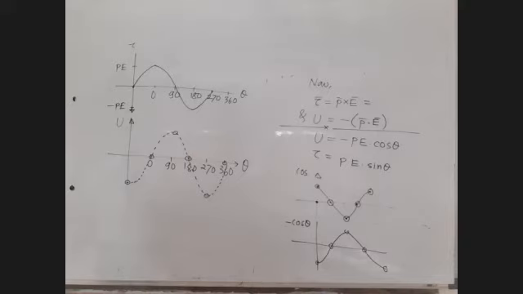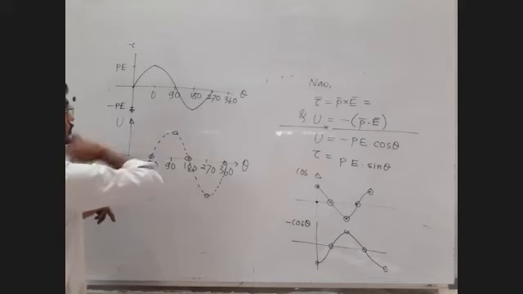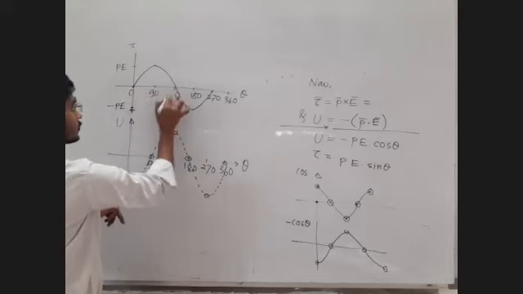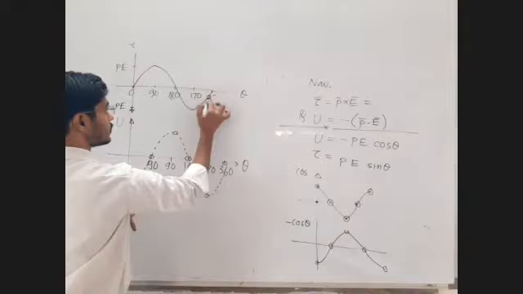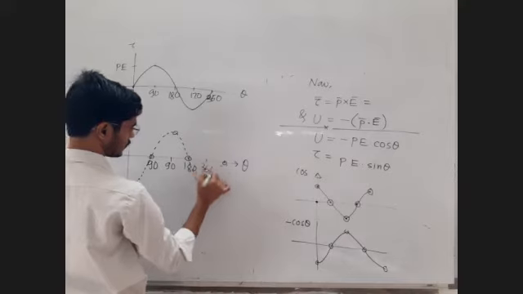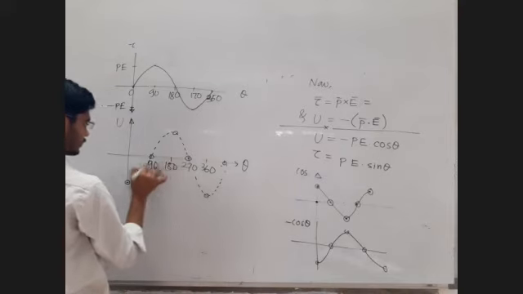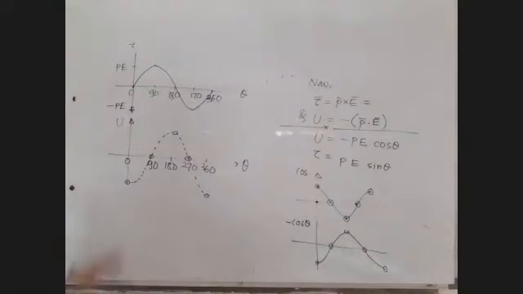Am I right? Have I made a mistake? Why have I written 0 here? I should have written 90 here. That's my mistake. 0 should be here, then 90. No one told me. This is extra. This is 360. Don't follow everything blindly. Okay. This is 180, this is 90, this is 0. Okay, now perfectly fine. So no need to draw this. All right, so that's the graph of torque and the potential energy for the given values of angle theta.